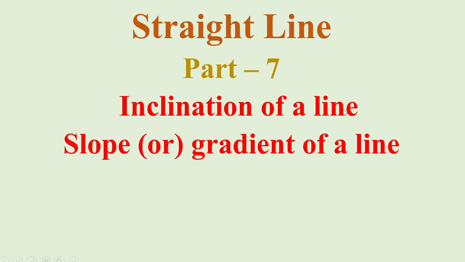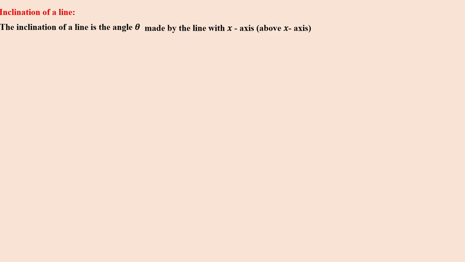Next part, we are going to see inclination of a line and slope or gradient of a line. So what is inclination, what is slope of a line? Inclination of a line. The inclination of a line is the angle theta made by the line with the x-axis,